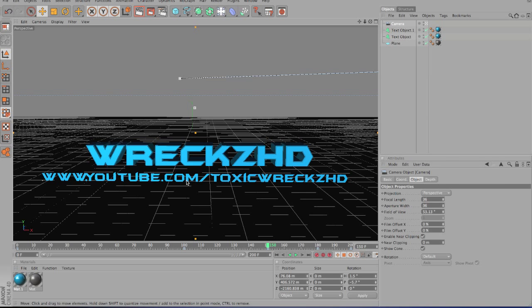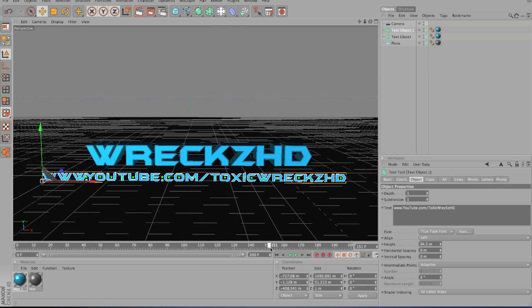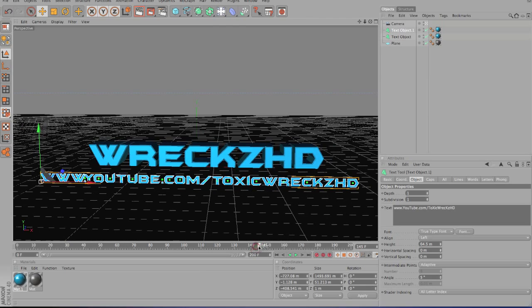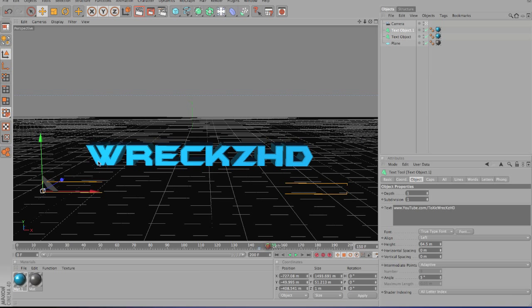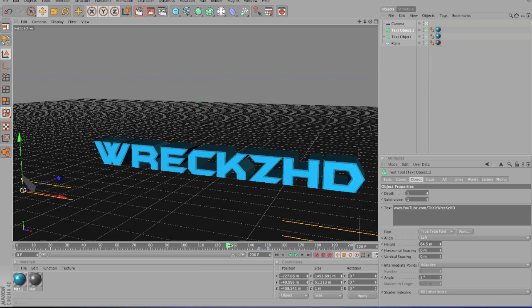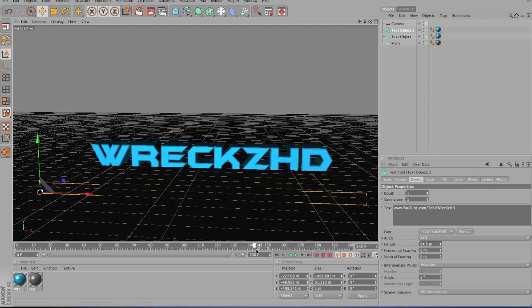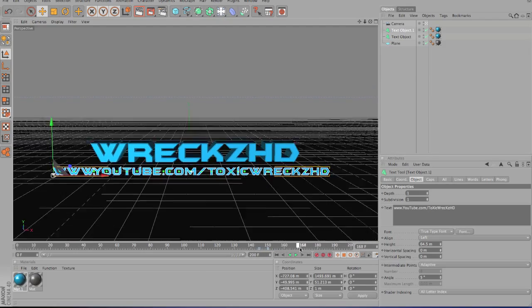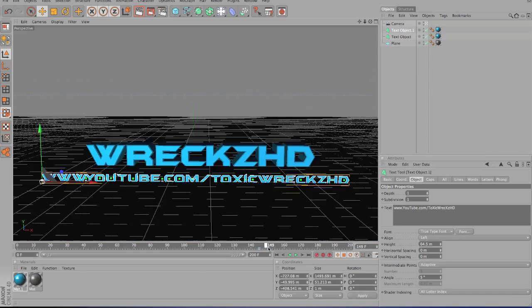To make it look like a really good effect, what we want to do is at about 145, I'd say, drag the text underneath the plane so you can't see it at all. Then click keyframe and then go to about 150 and drag it up so it's nicely sitting on top of the plane again. And what this does is if we play it now from the beginning, you cannot see the URL text. However, when it gets to 145, it pops up off the ground onto the plane, and then the camera does the rest and zooms in. It's looking really good. So if we render this out real quick,